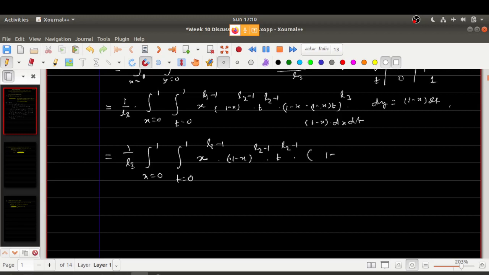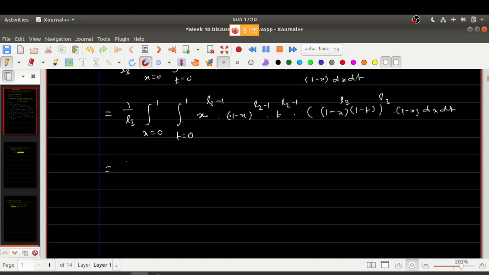If you take 1 minus x common, then it is going to be 1 minus x, 1 minus t whole power L3. Individually the powers will be raised, and there is one more term, 1 minus x dx dt. This is the full set of terms. Now let us separate the terms in x and t. It turns out to be x equals 0 to 1,